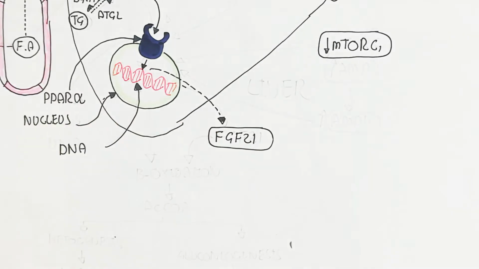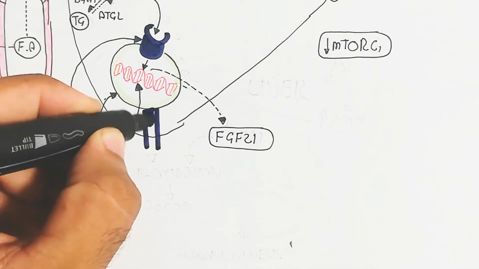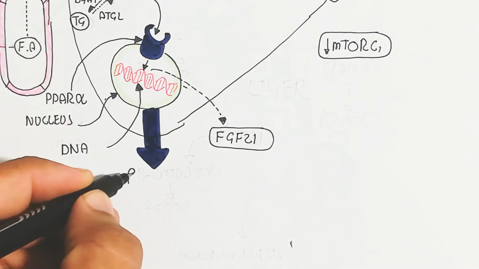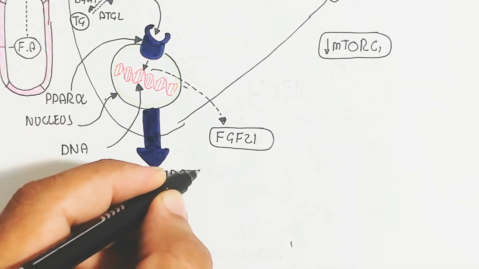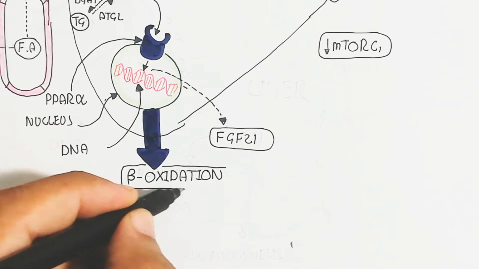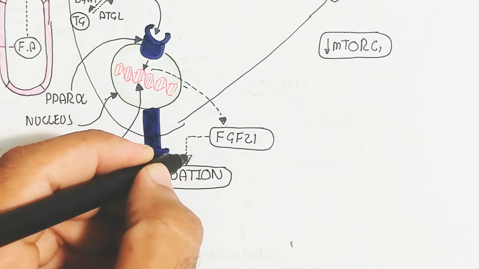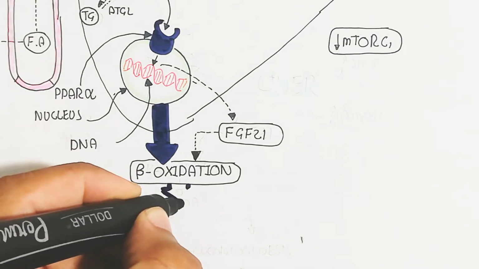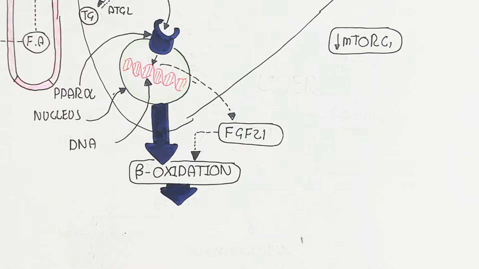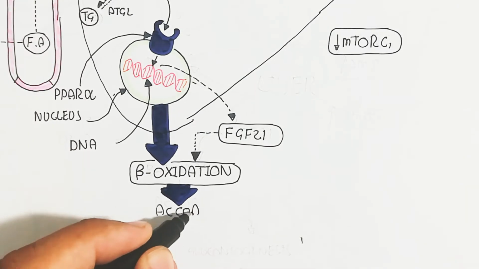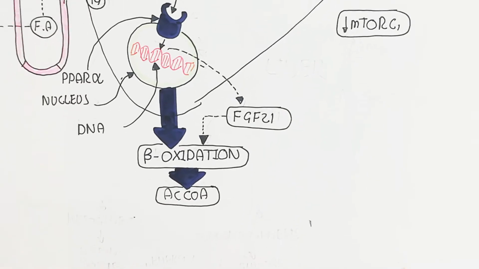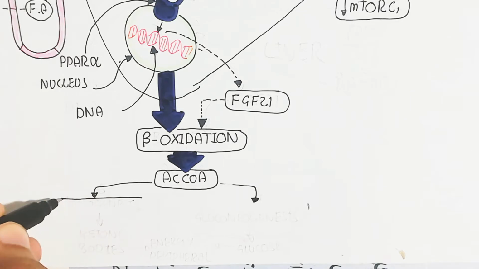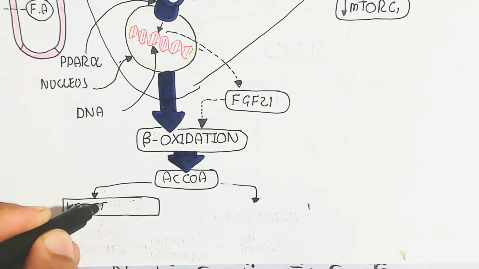FGF21 will be increased due to transcription and translation from the nucleus through PPAR alpha. It means PPAR alpha directly triggers FGF21, and it also enhances beta oxidation, because FGF21 is required for beta oxidation, and the transcribed proteins and enzymes are synthesized through translation for beta